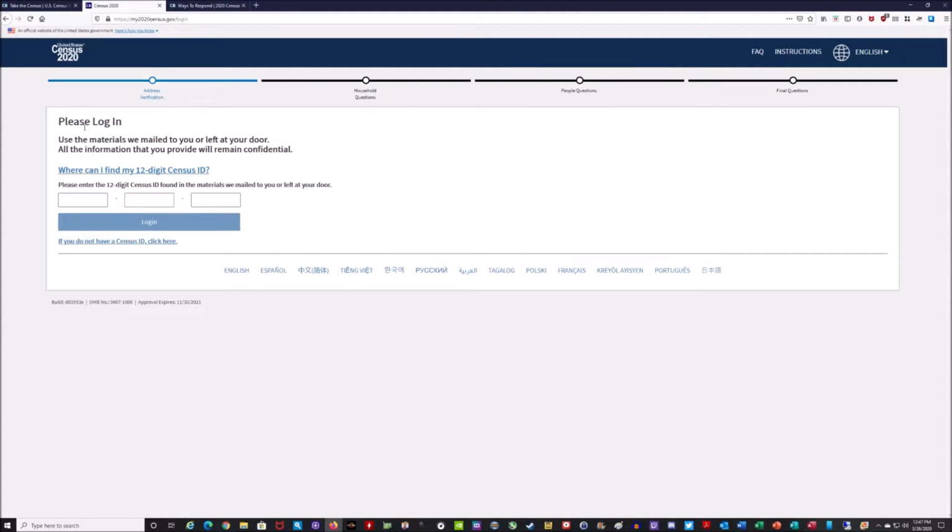It's going to come up and say, please log in. It's going to ask you to use the materials we mailed you or left at your door, and all the information you provide will be confidential. Now, I haven't received a letter or gotten anything from the census here, but if you have, then you can enter the 12-digit code that's found here. Since I don't have that, I need to come down here and click